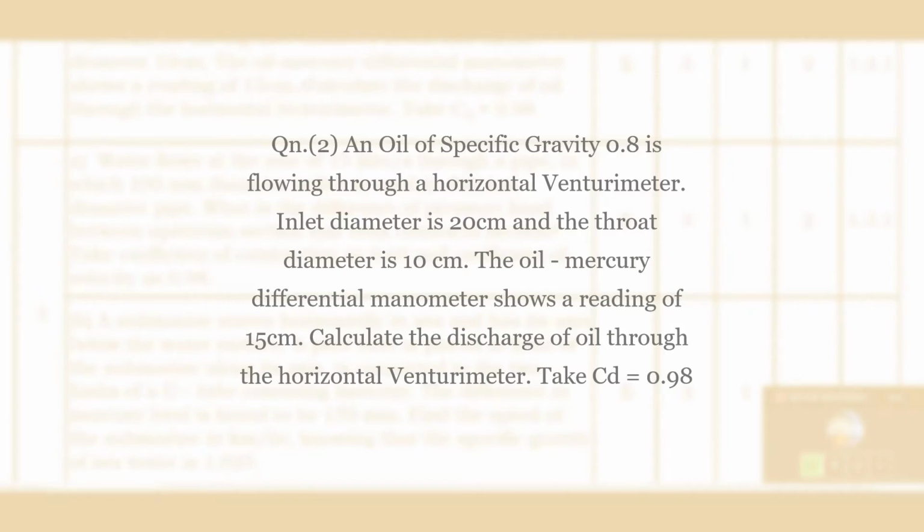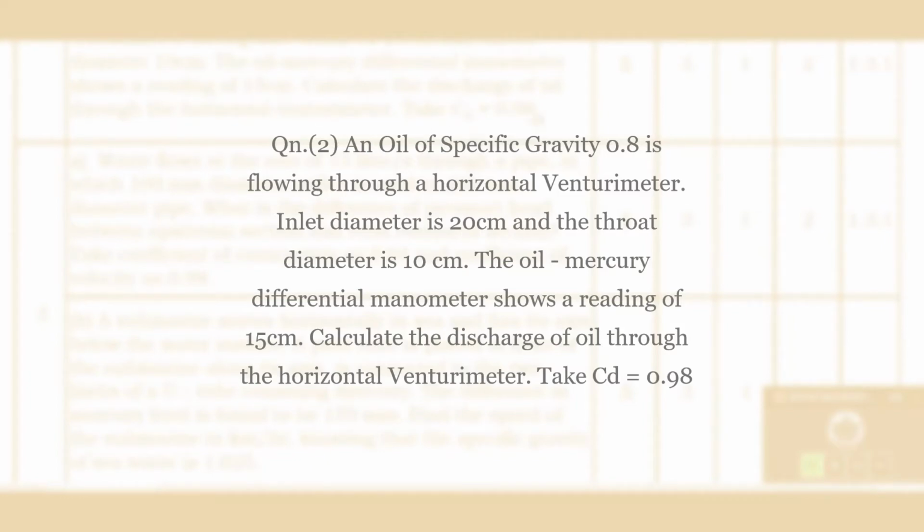So that obviously means the U-tube differential manometer is connected between the inlet and the throat in order to get the differential pressure head. Mercury is used as the manometric liquid. So in meters of mercury, you can get the reading X. The reading is denoted by X in our equation, and X is equal to 15 centimeters here. You can convert that into meters, 0.15 meter.